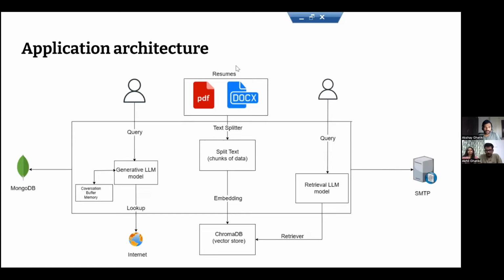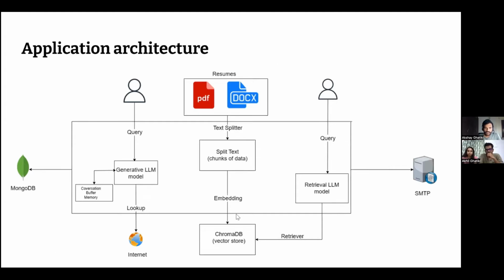Yeah, thanks, Sanjana. Coming to the in-depth architecture of our application, here we'll be discussing the backend part of our application. We have given capabilities of uploading PDFs and documents to our application. Once we upload these PDFs or documents, we use a text splitter, which is there in our Flask application. We split the text and create embeddings of those resumes, and we'll be storing those in our ChromaDB, which is a vector store to store all our embeddings. So this is basically storing our whole resume data in our